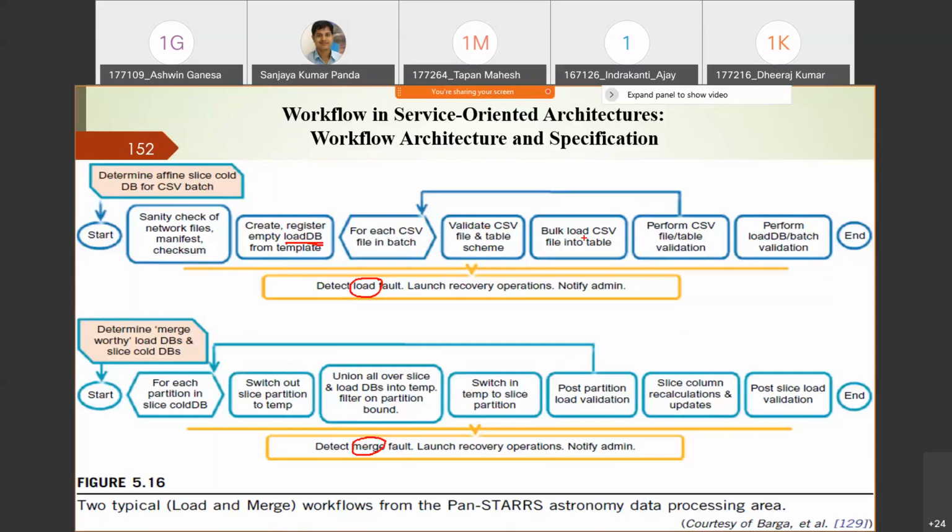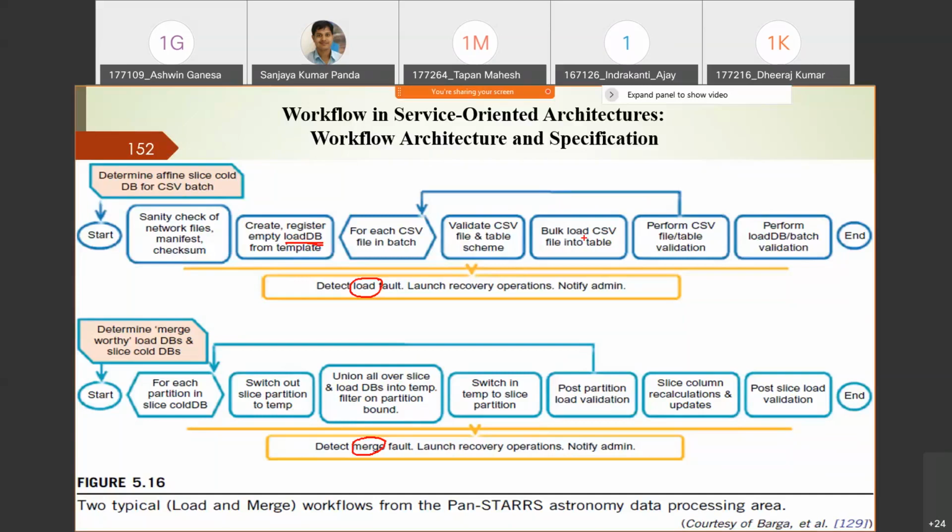This process is repeated for each and every CSV file, and finally, if this process is completed, then we perform load database or batch validation. In each and every component, you can detect the load fault. For example, you want to load a particular file and it is showing an error, so that can be detected.